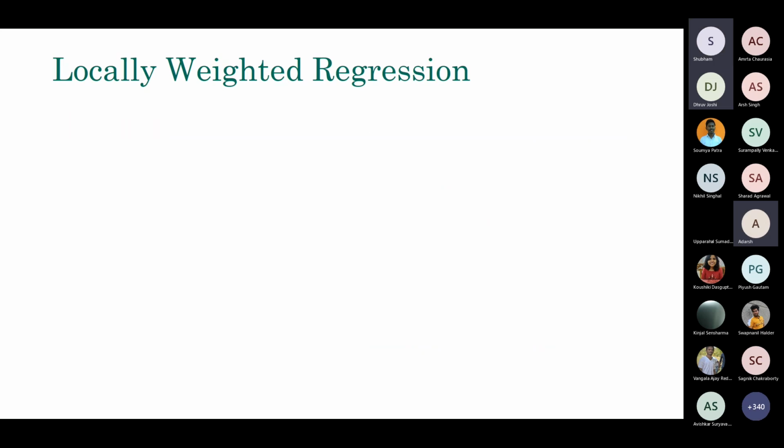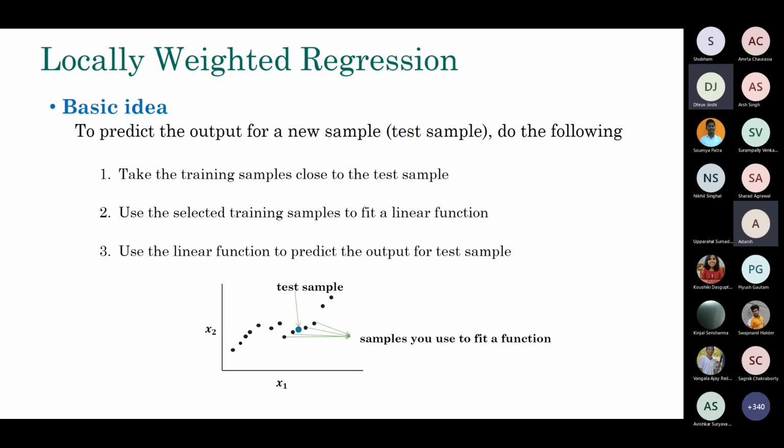Sir, are we splitting the training data into two parts? I mean, one part is to predict the function, and the other part is to check whether it is working or not. So for a test sample, you do not do that, because for a test sample you simply pick out some examples from the training data and then do it. But for validation purposes, to check how well your model is actually doing, there are some hyperparameters that you need to tune, which you will see later on. You need to do this kind of validation.